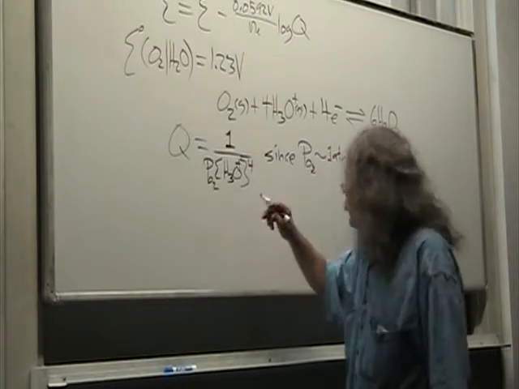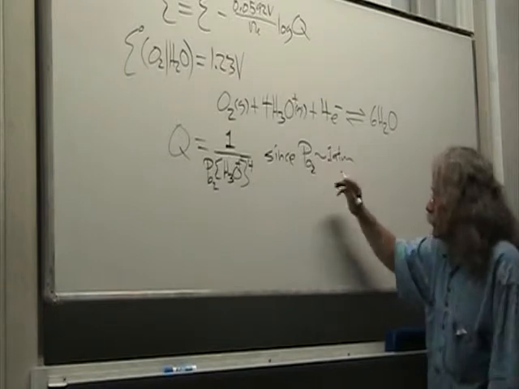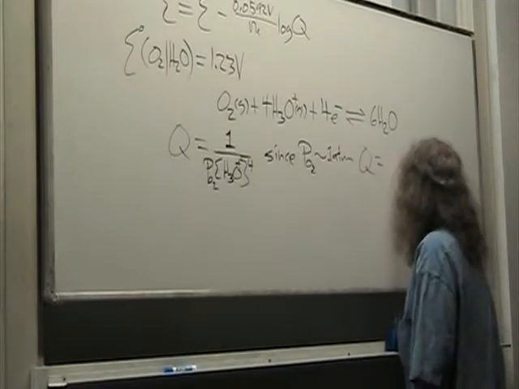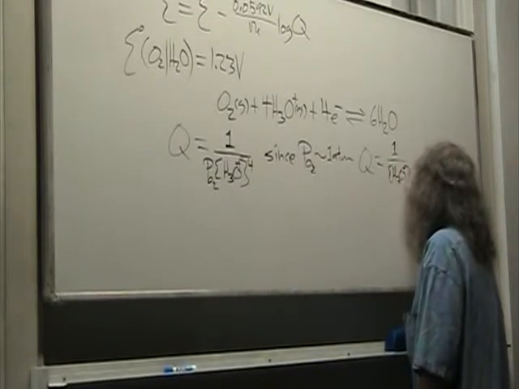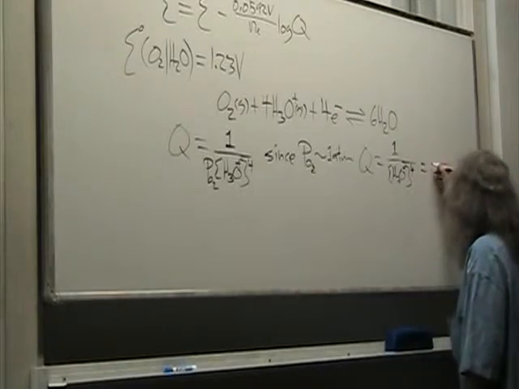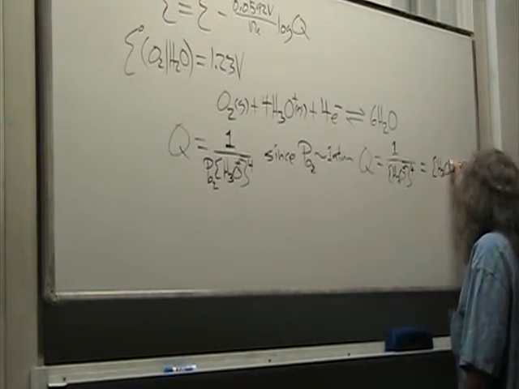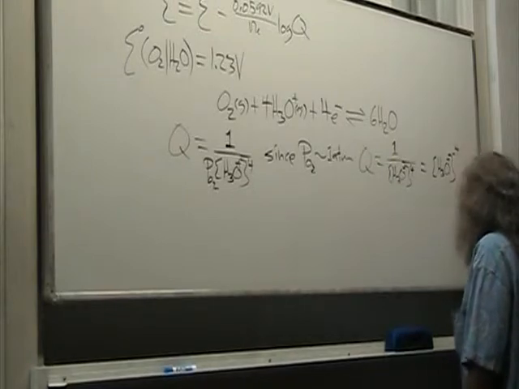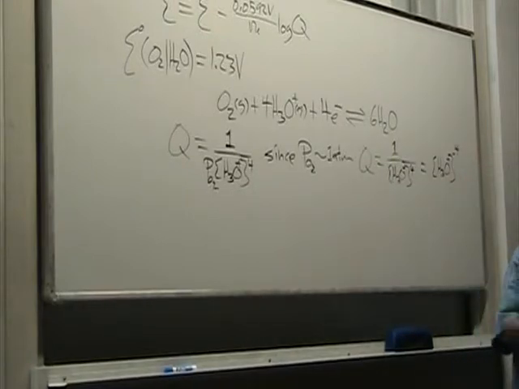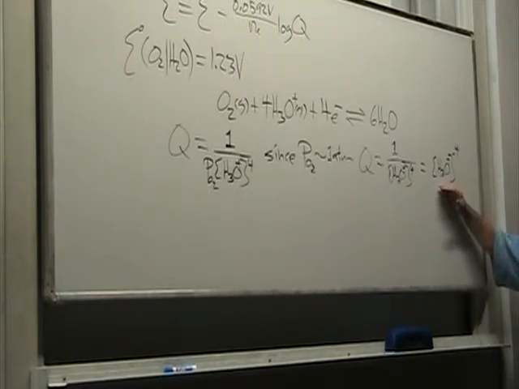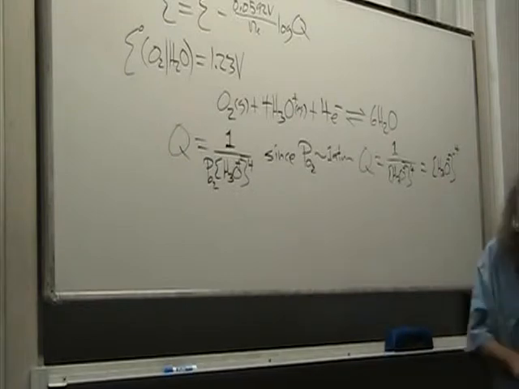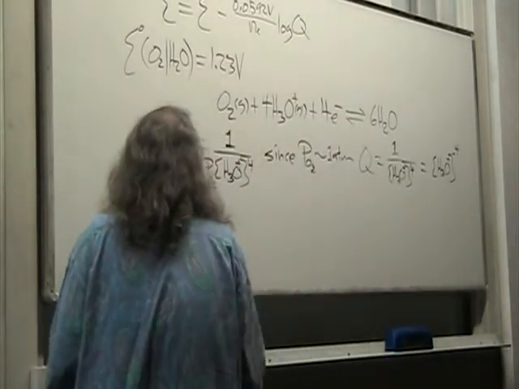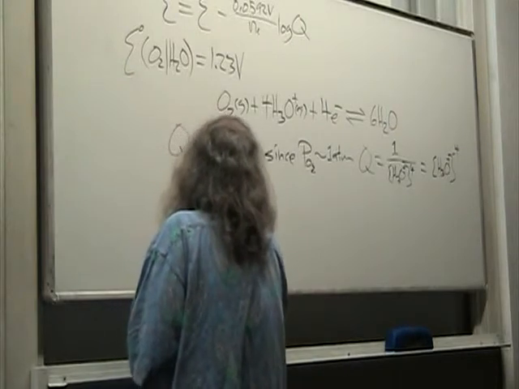Since PO2 is around 1 atmosphere, Q is equal to 1 over the hydronium ion concentration to the 4th power, so we end up with the same form of Q as we had with the hydrogen couple, because we're talking about reduction in both cases. These are reduction potentials. So now I can plug that back into the equation, and E is going to be